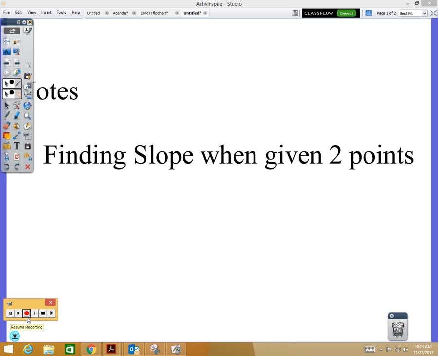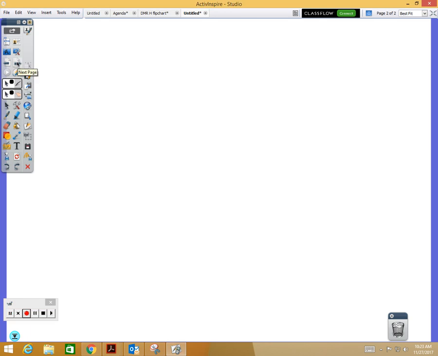Okay, so we're going to be able to find the slope when we don't even graph anything. We don't even have to use a graph. We're going to use a formula to find the slope. So last week we talked about finding slope on a graph, and when we're finding slope on a graph, if